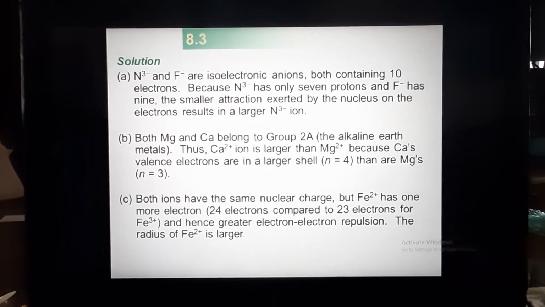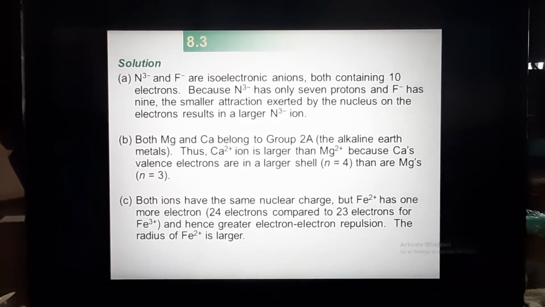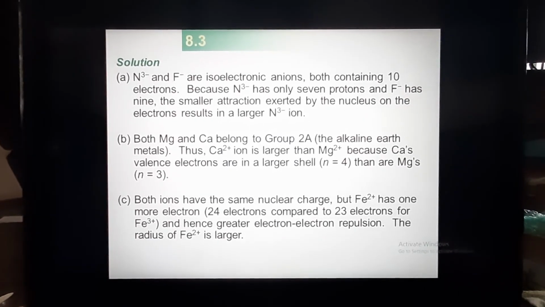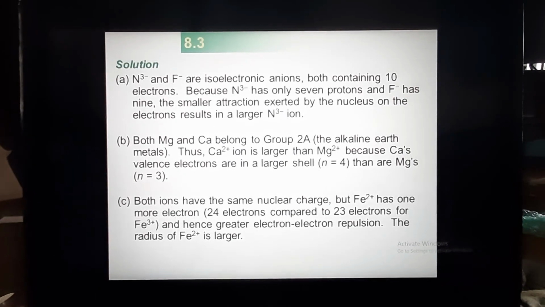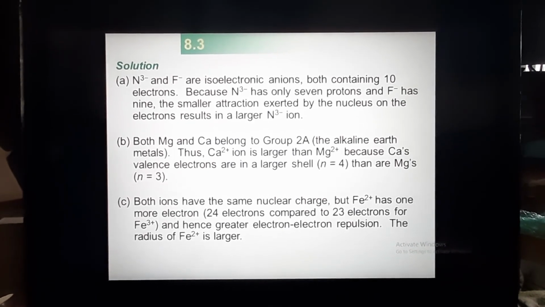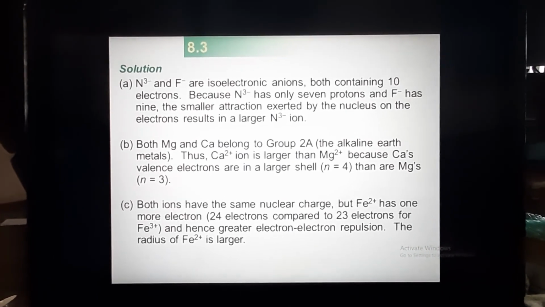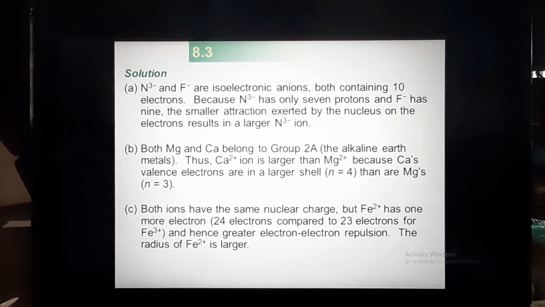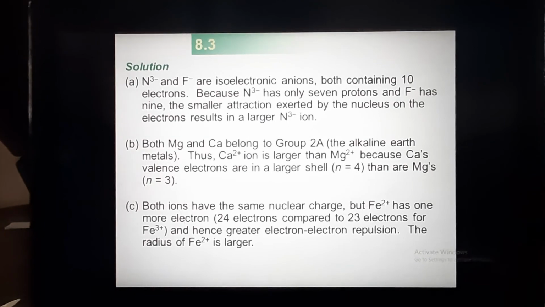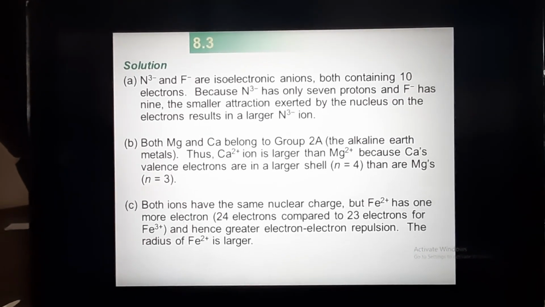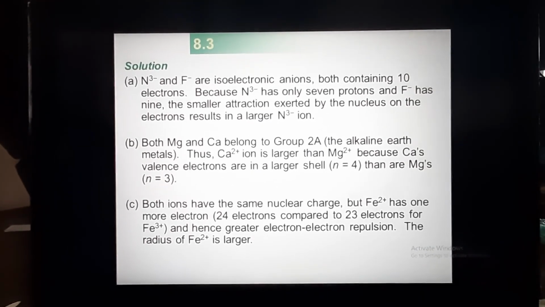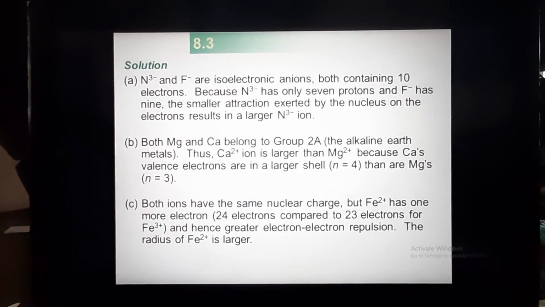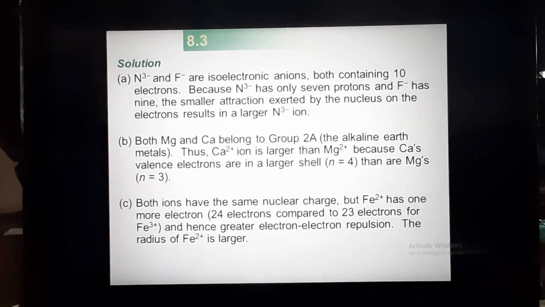In case B, magnesium and calcium are both in group 2A, they're alkaline earth metals. So Ca2+ is larger than Mg2+ because calcium's valence electrons are in a larger shell, 4, than magnesium's, 3. So that's that same idea as these Russian stacking dolls. It has a higher energy level, so it will always be bigger. And in C, both